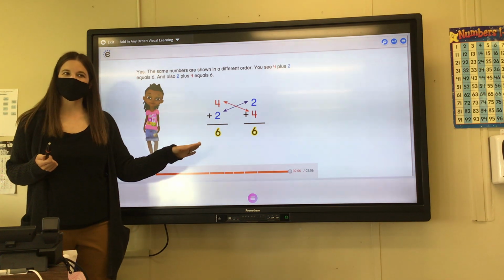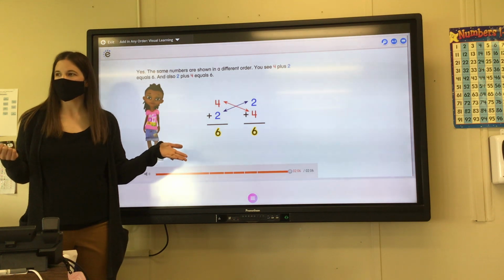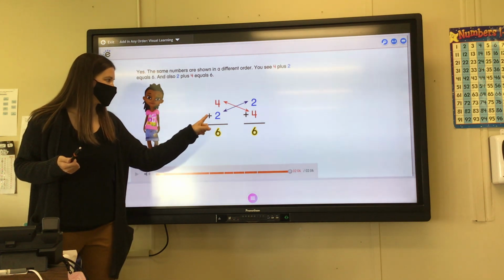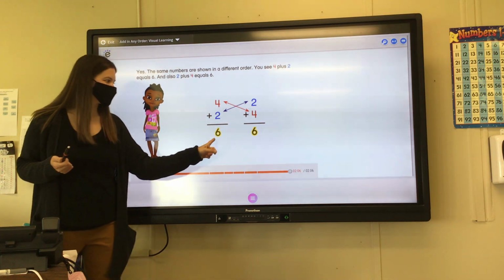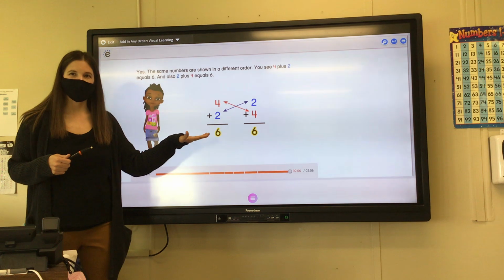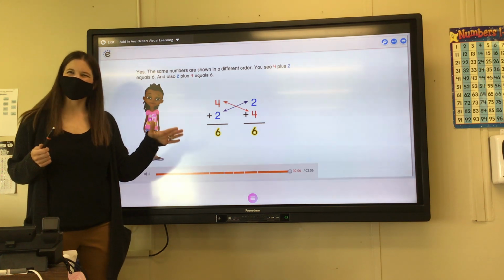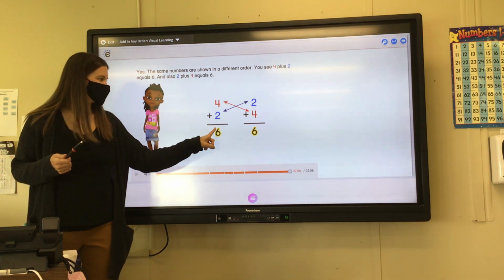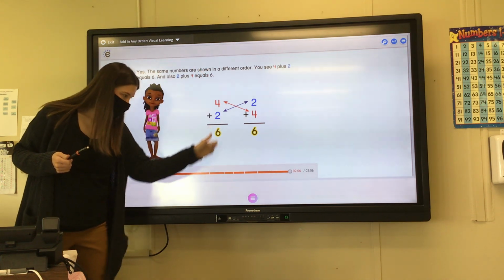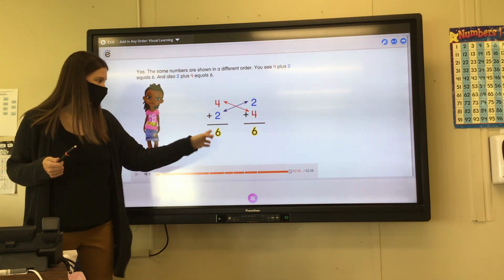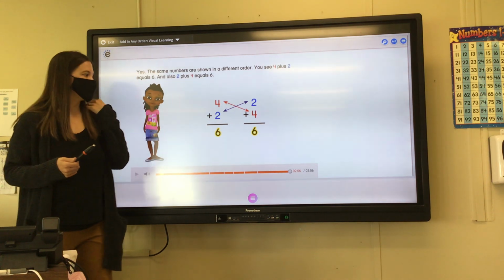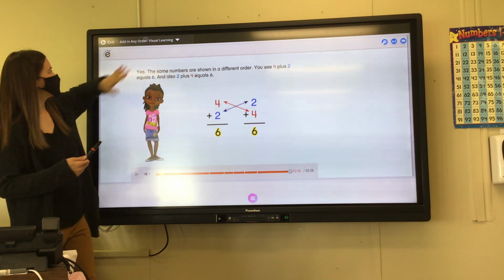Now look at how they wrote this addition fact. This was on our morning work yesterday. Up and down. 4 plus 2, the line means equals, and the sum goes at the bottom, underneath the line. I know a few friends had a little trouble wondering where to put the answer, but it goes right under, almost like a column going straight down. Okay, you put it right under there. Okay, awesome. Now,